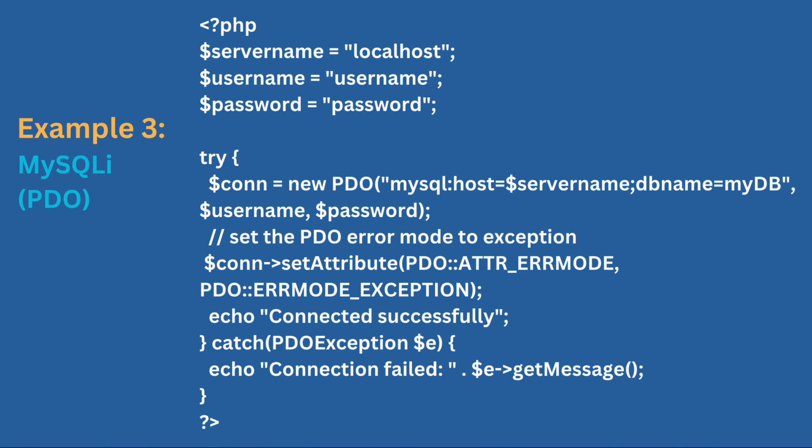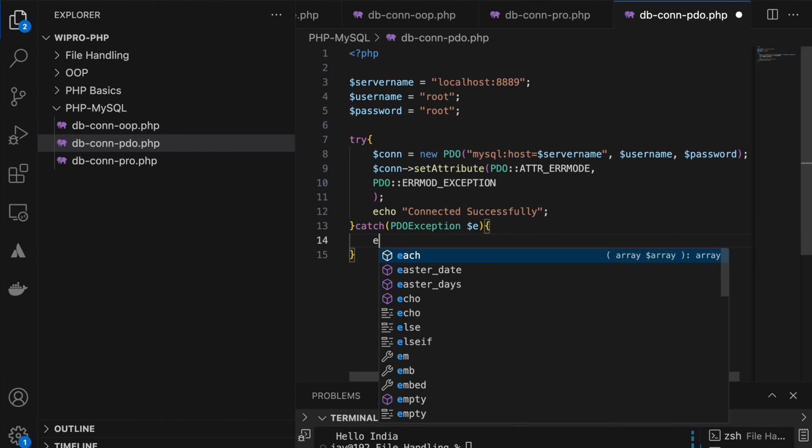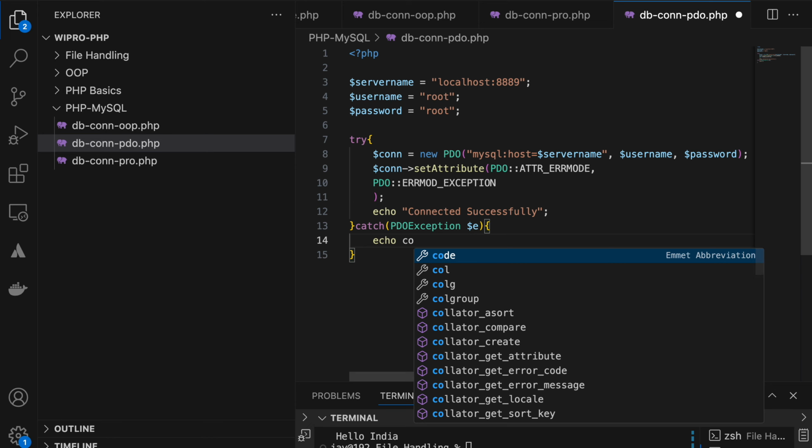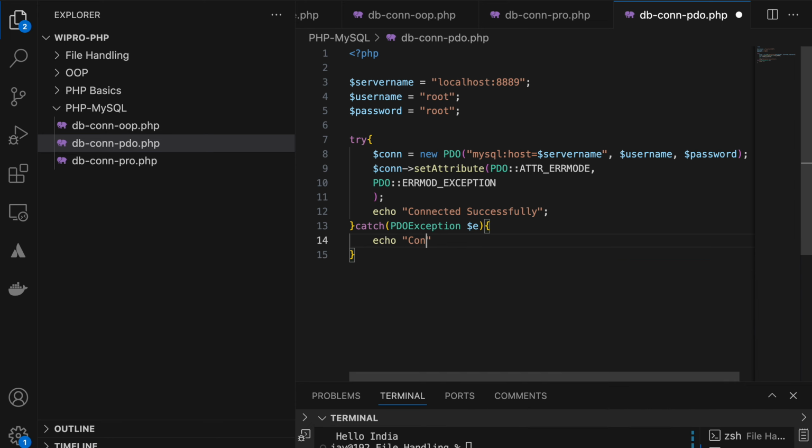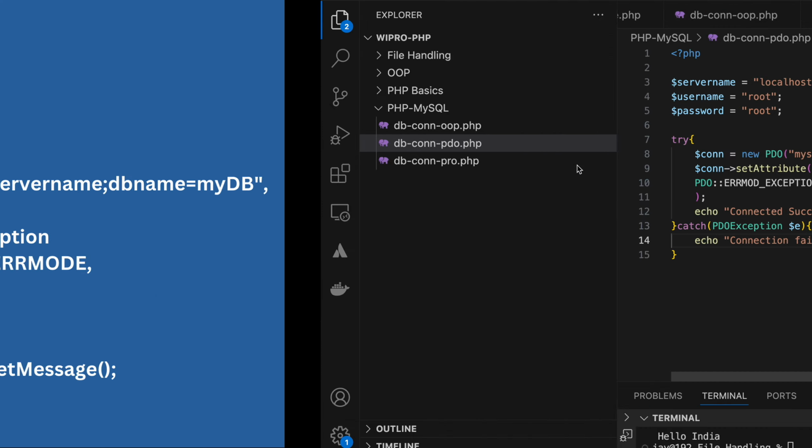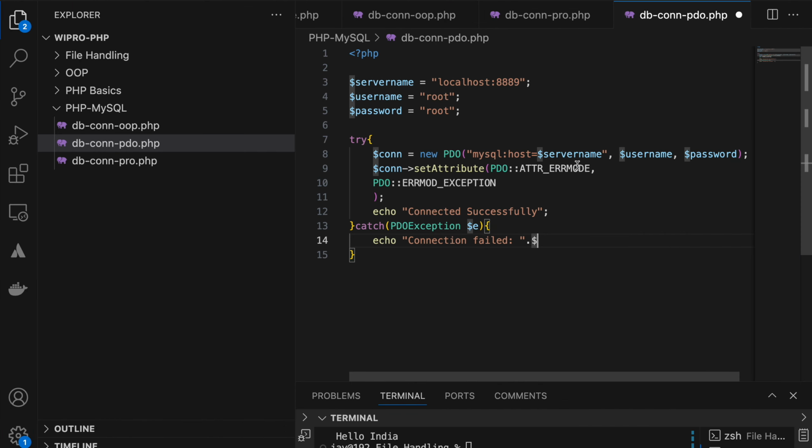Right? Echo connection failed, then $e get message.